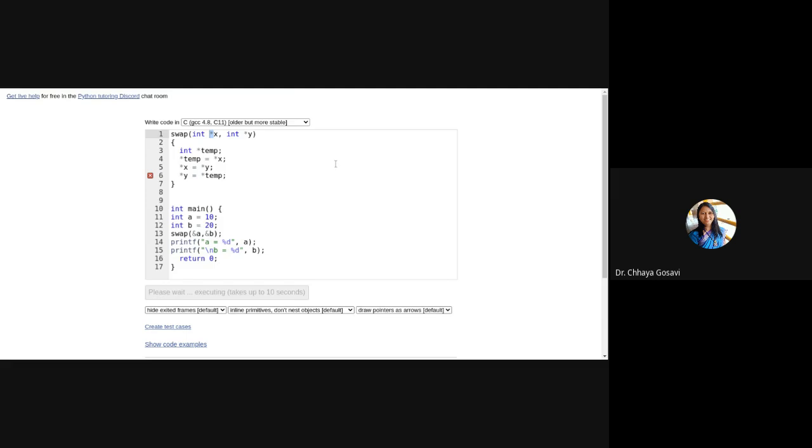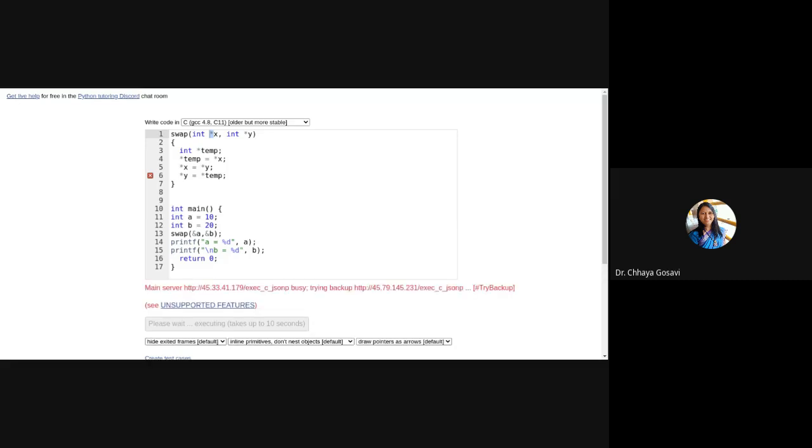I hope it will support pointers. Unsupported feature. Okay.